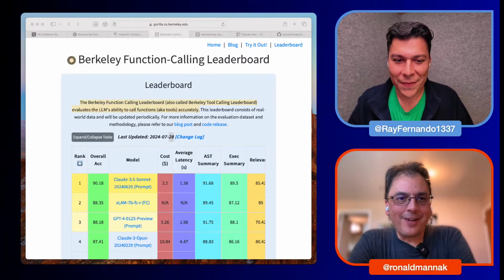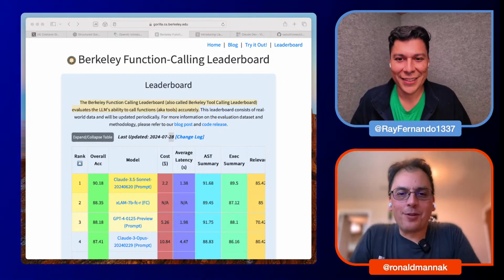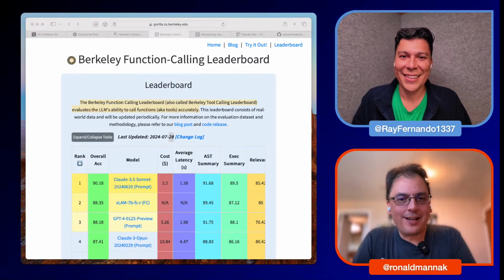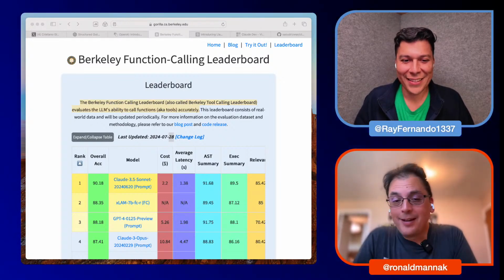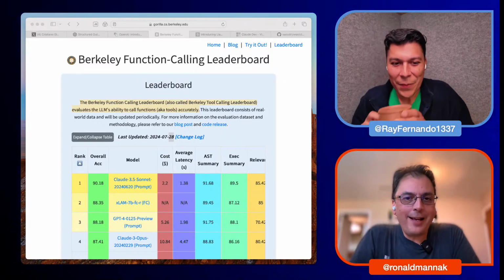It's interesting, right? Function calling, because if you use LLMs a lot, you think that they can do everything, that they have all the knowledge in the world, and they kind of have. But there are also things that they're still really bad at, and one thing they're really bad at is